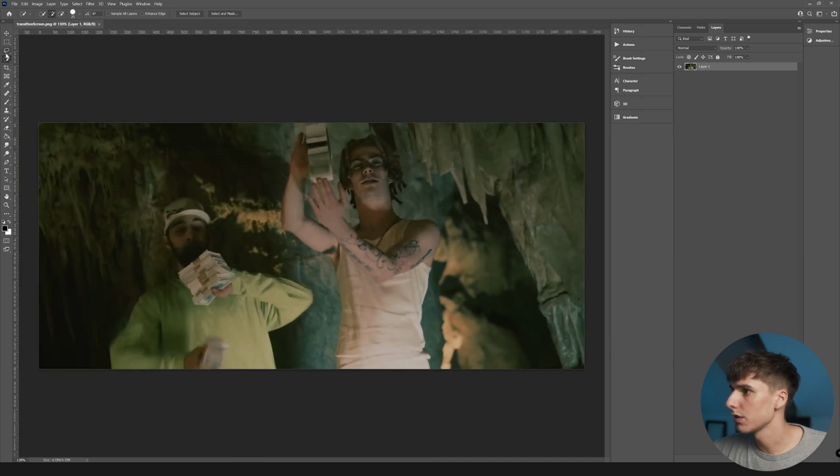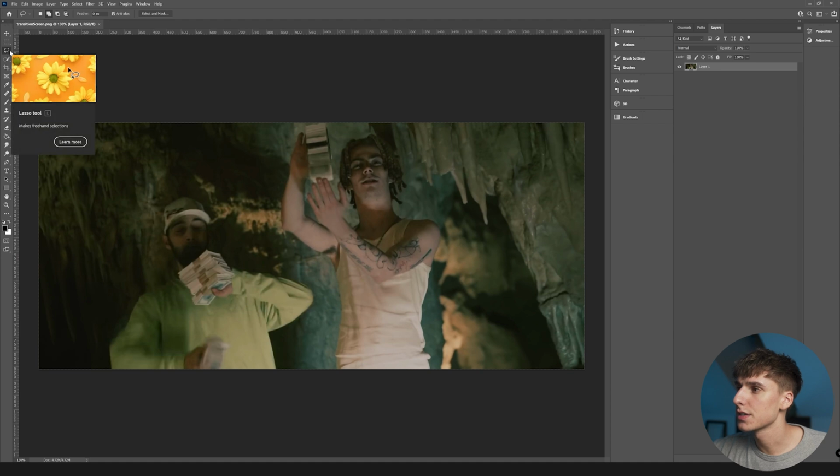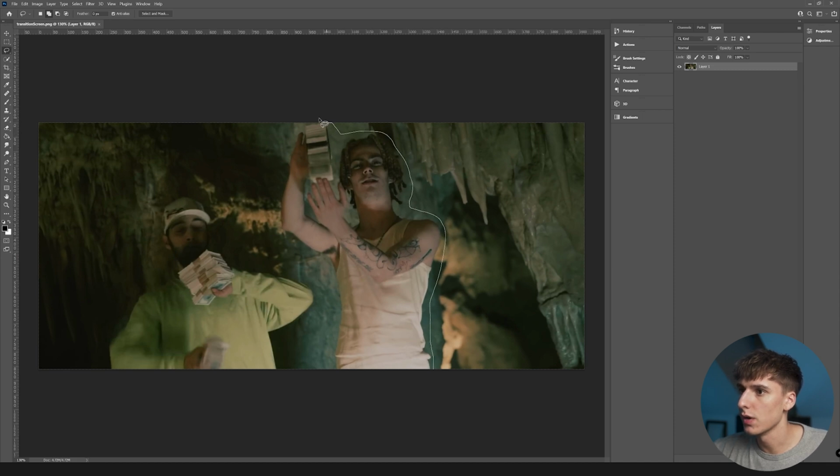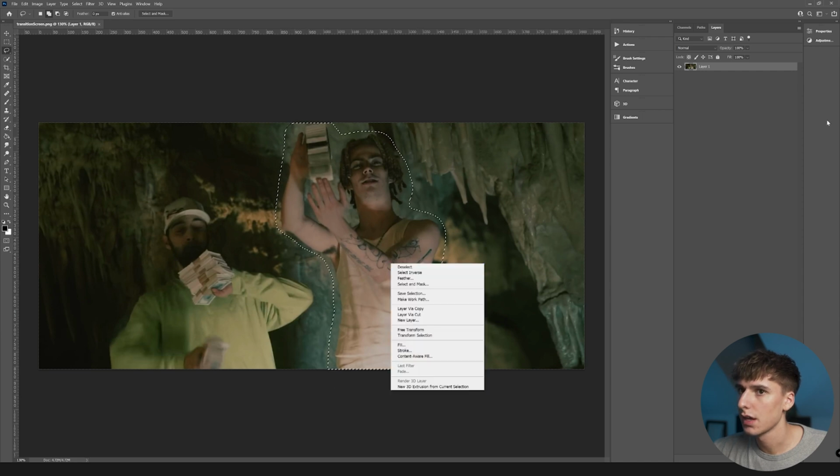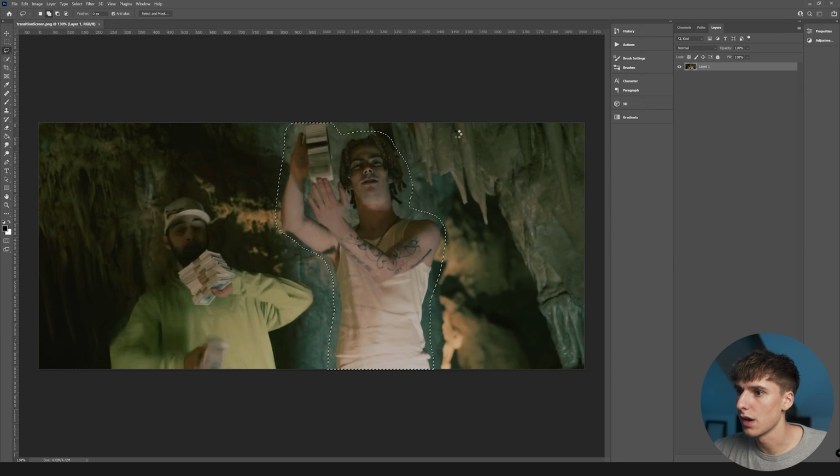This is where it looks a lot better in my opinion. It honestly might even be faster this way. If you go ahead and use the lasso tool, you can go ahead and roughly outline your subject. It doesn't even have to be that good, just kind of close to where it's at. I'd actually recommend kind of going a little bit away from your subject, so like kind of outlining him, and then go ahead and go to fill and then content aware.